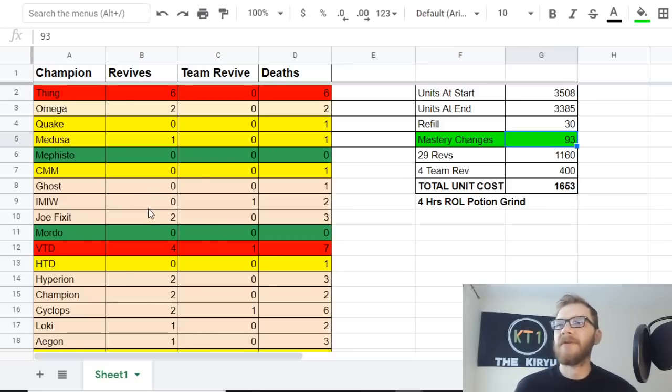It might not look as good on this table where you use revives, but it definitely was overall quite cheap, because 29 revives, you can say it's about 1160 units, even though none of these revives were bought for units. I just had accumulated them, and most of them were the 20% revives that I had expiring in stash. So I didn't really use any units for the revives, and neither did I for the potions, because